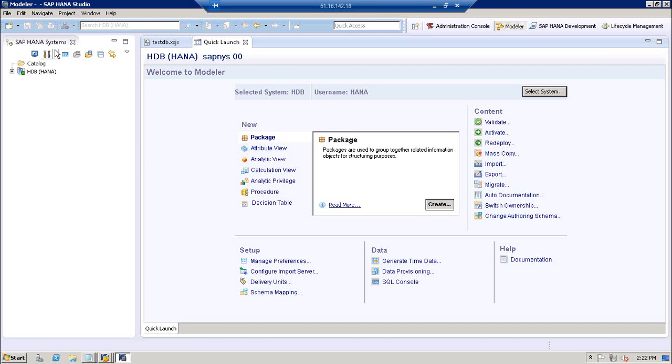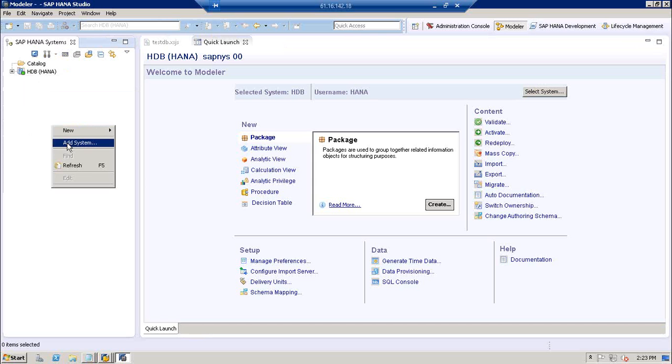Yesterday when we were doing the navigation and look and feel, just now you might have seen how I launched HANA Studio. Once you log on to HANA Studio, you will get HANA DB. Sometimes the admin team can create it, or many times you will get it there in the customer landscape. If it is not created, you can always right-click and click on add system.